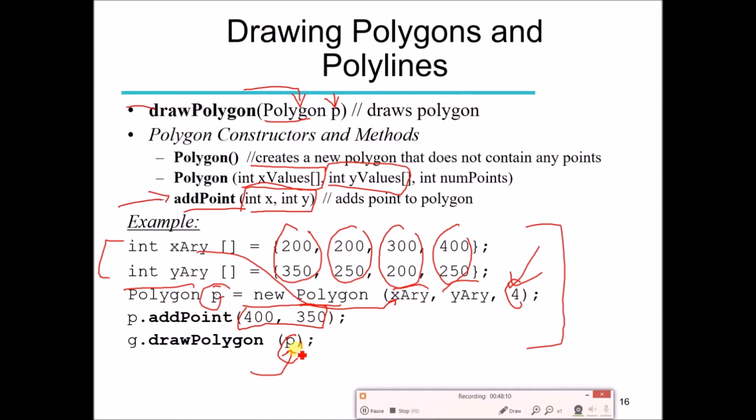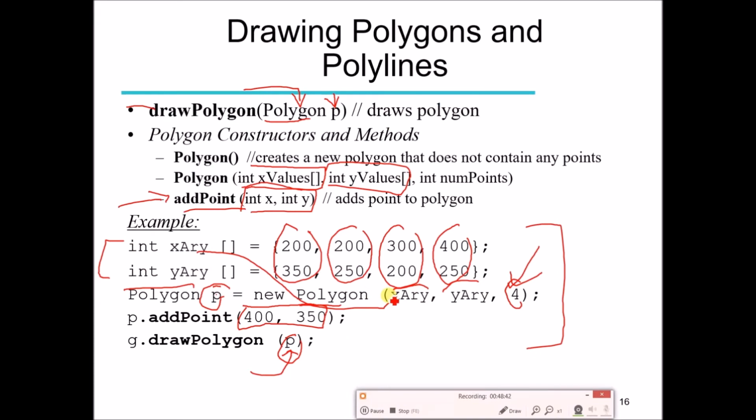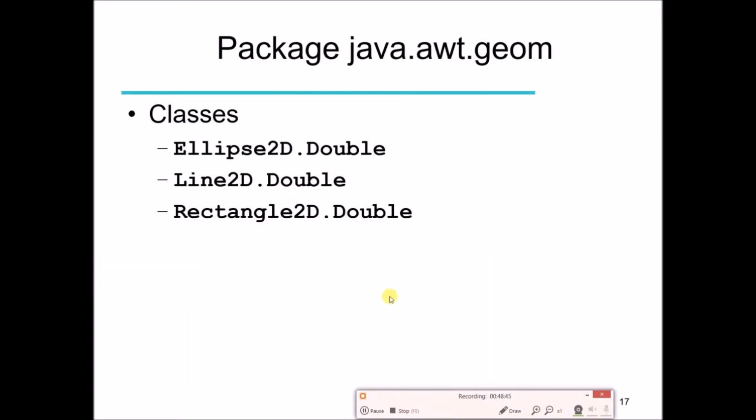So in a more robust or more generic program, we prefer the approach that we create the object, then call the method with this object, if we want to modify or make some changes to this object, maybe we want to apply some transformation. But if we want to draw the polygon only one time, then rather than creating the polygon object, a simpler approach is that we just call the method draw polygon and pass the array. So it is going to draw the polygon on the screen or on the frame or on the window. So these two methods are used to draw the polygon and the polyline.